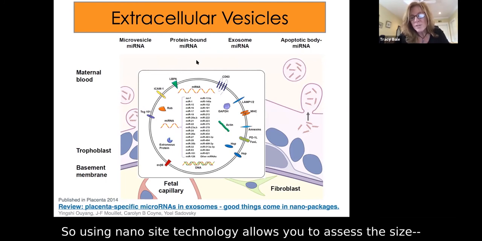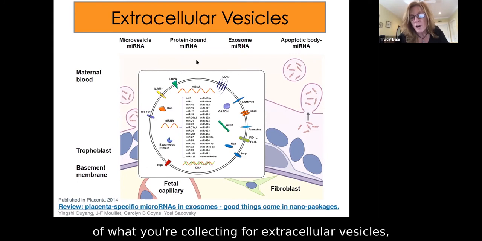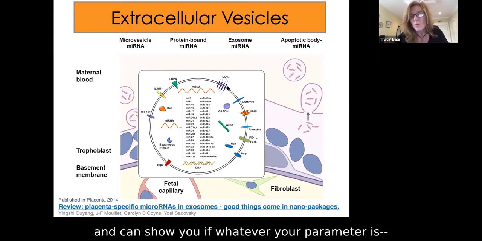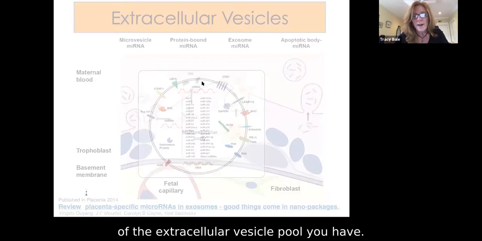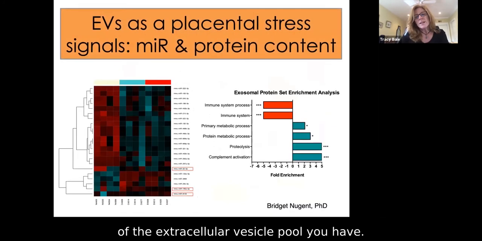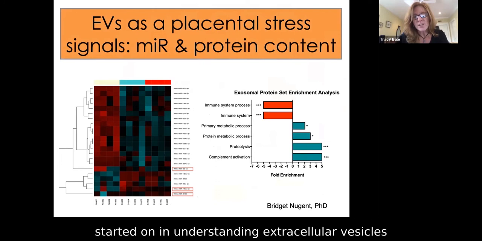So using nanosight technology allows you to assess the size, the average size, and the heterogeneous composition of what you're collecting for extracellular vesicles, and can show you if whatever your parameter is, such as stress, is changing or shaping the overall size of the extracellular vesicle pool you have. Okay, so I just want to tell you one story that we've recently started on in understanding extracellular vesicles and